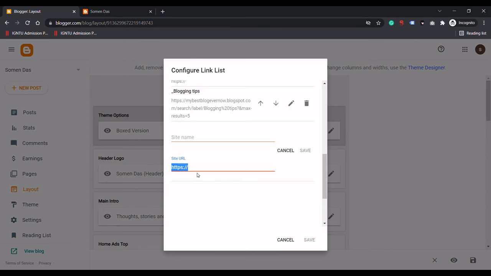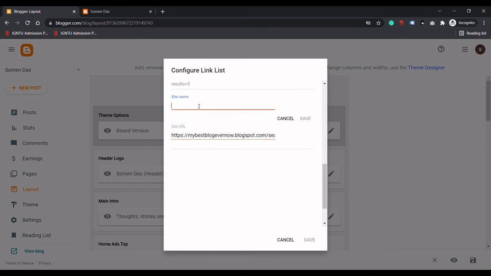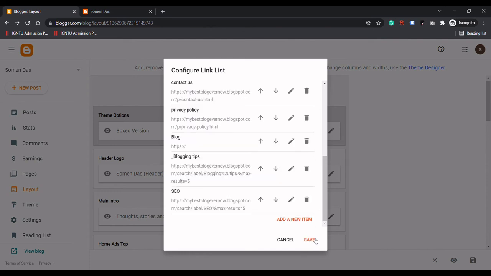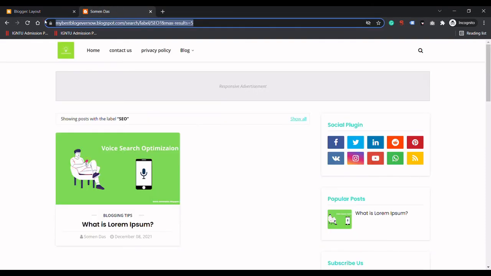I will paste the URL, and I will give the name. After doing all the changes, click on save, and if I refresh,